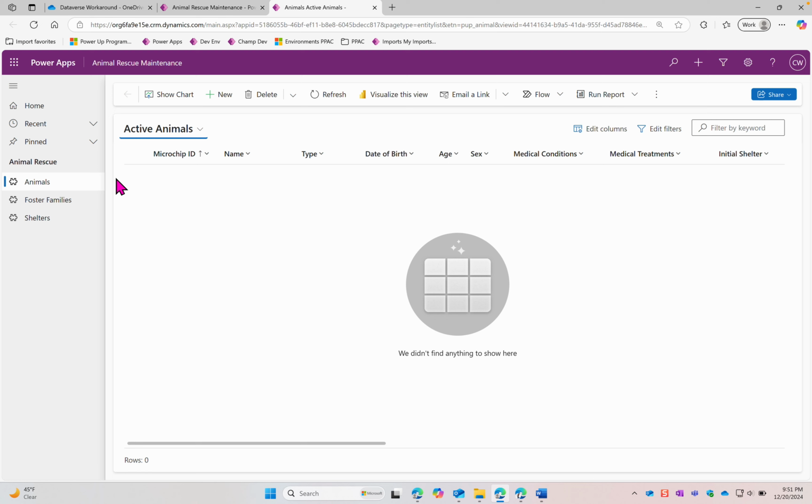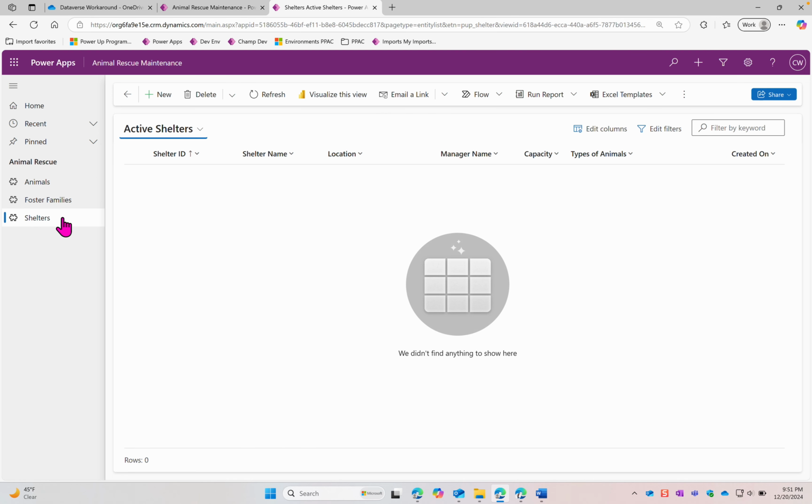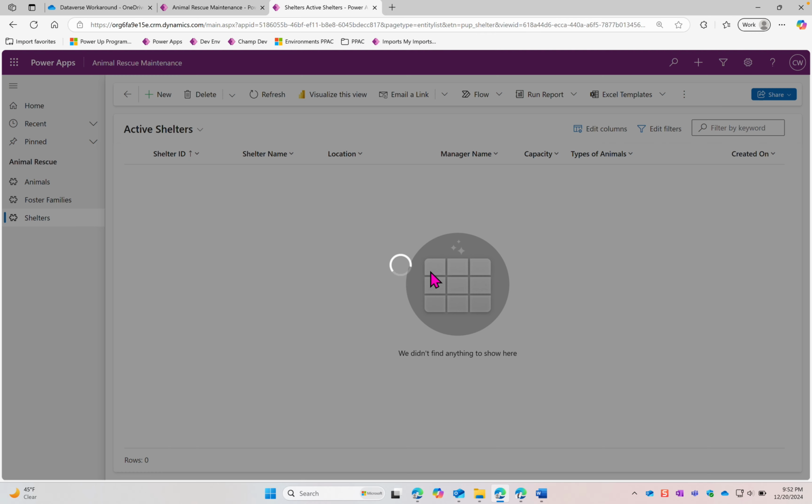And the order you need to import your data is you need to import the shelter data first. So you're going to import shelters first, foster families second, and animals third. So go to shelters, click the 3 dots, click on import, the arrow for import from Excel, and then click on import from CSV